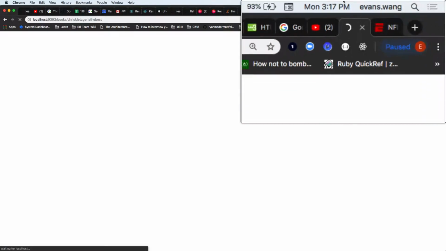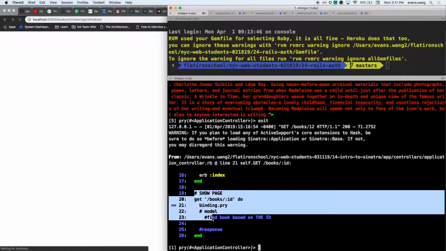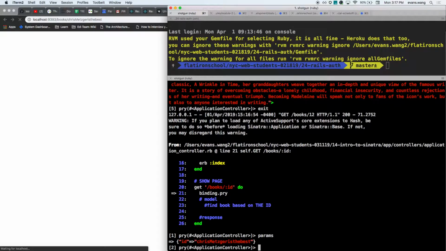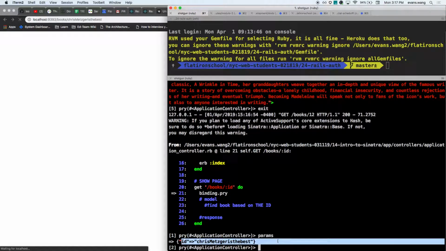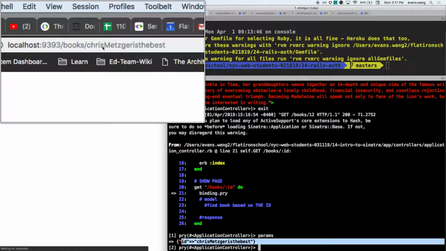If, however, instead of books/12, I put books/Chris Metzger is the best, obviously, and I hit enter, and I see this hang, I just made a GET request to where? I made a GET request to /books/Chris is the best. Hit this again. What are my params? The ID is now Chris Metzger is the best. So whatever I type in here